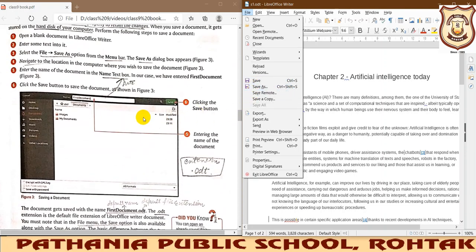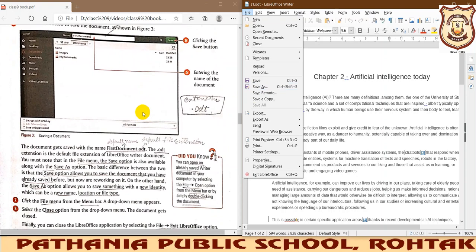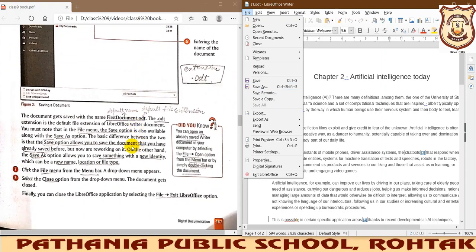The important difference to discuss here is between Save and Save As. When you use the Save option, you save a document that you have already saved before. If you want to save a little more text or information inside the existing document, you click on Save.